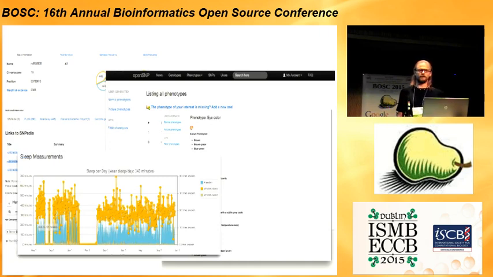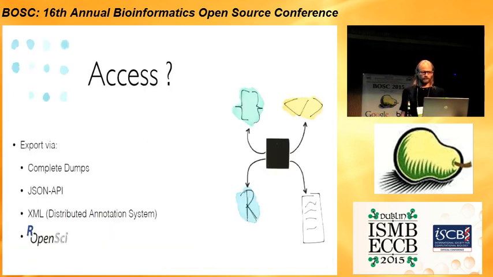For more structured data, we also have those funny activity trackers. Many of us are now carrying Fitbits. So if you want to give your step data, your sleep data, and your weight over time to the public domain, you can do so. And exporting the data is also pretty easy. If you go to opensnp.org, there's a download the data button on the front page. If you click it, you will get like 12 gigabytes of data downloaded right away. So don't do it here at the conference, please.